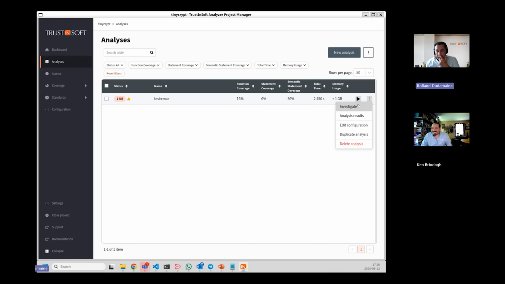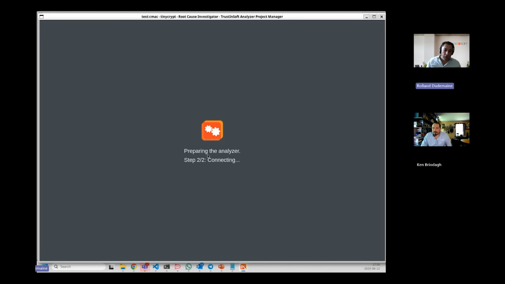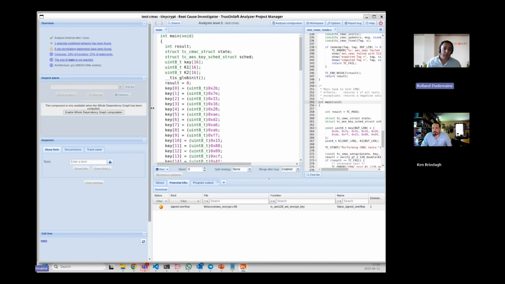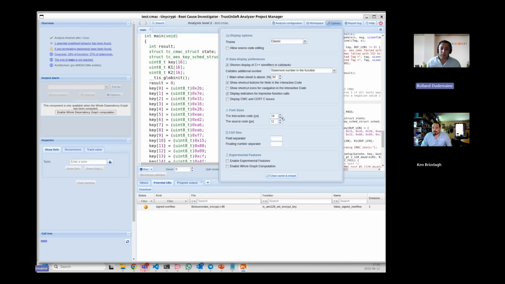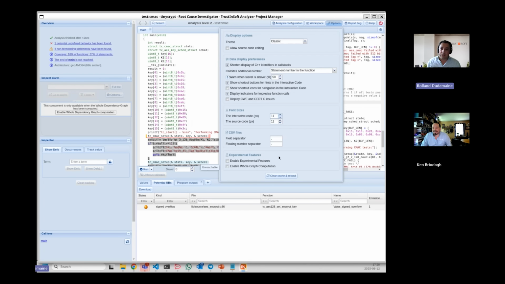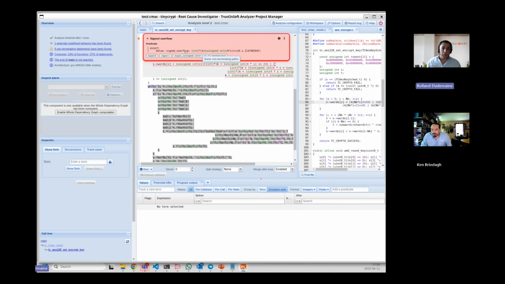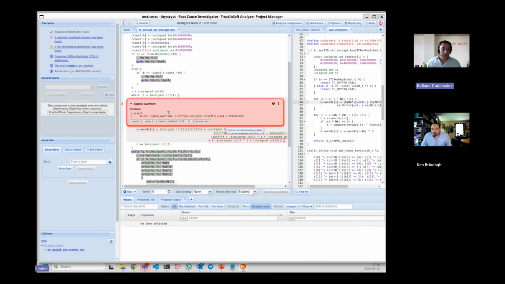I can start here and start the investigation interface. So here, that's opening a new window. It basically runs the analysis again in order to be able to show you an interactive interface. This is officially called the root cause investigator. I like to call it the debugger because that's really how it looks like in practice. And so we can find the same error that we saw before. So if that's readable for you, you see here, we have an error here. It's completely focused here, and the original source code is visible on the right side.